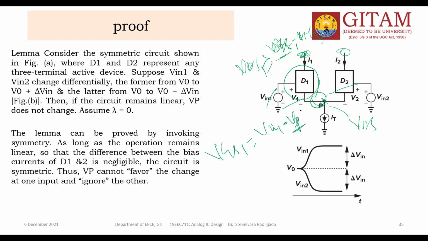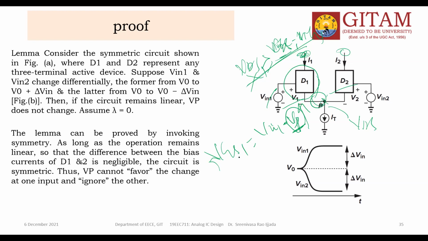So this impact matters, because if it is more, then this condition will be changed. What is the condition for saturation? The drain to source voltage should be greater than VGS minus VTH. As long as this condition is true, the device is working in saturation. If the condition is reversed, your device is working in either cutoff or linear region, or triode region. Simply you can say triode region.